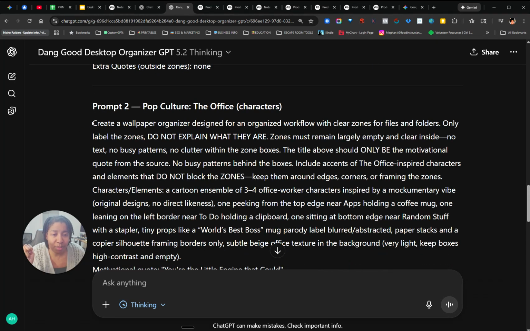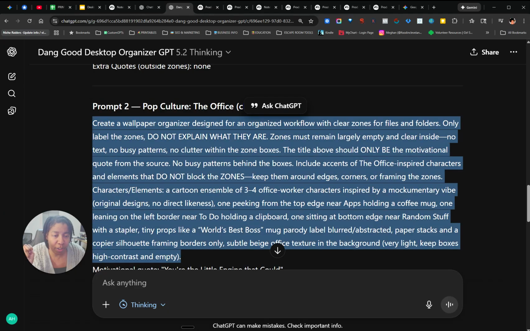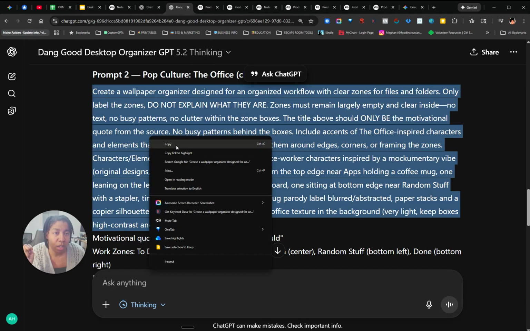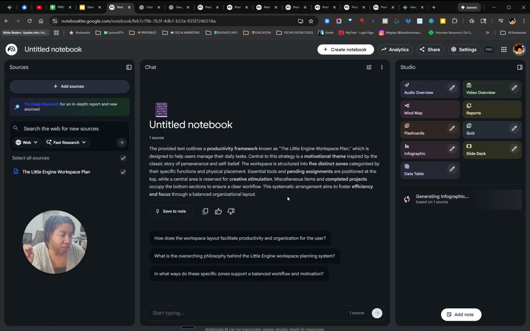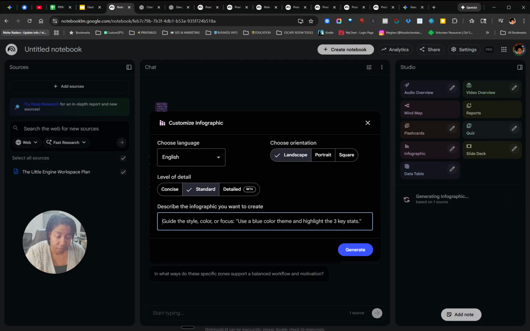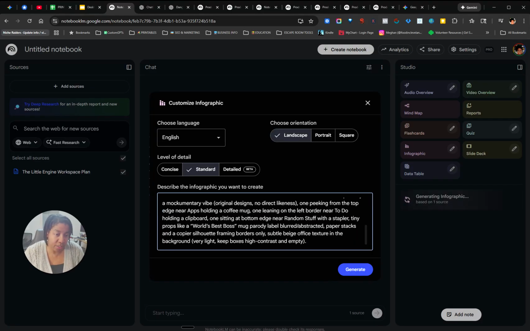Let's do The Office. I'm going to grab everything here, copy everything up into the motivational quote, grab that. I'm going to go back to the notebook, and make certain that this actual source is checked. If it's not checked, the infographic will not know what to do, or NotebookLM will not know what to do. I'm going to click that pencil. I'm going to paste it right here where it says describe the infographic you want to create, and then hit